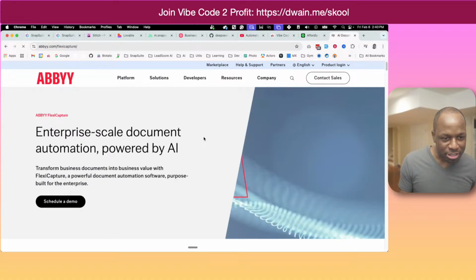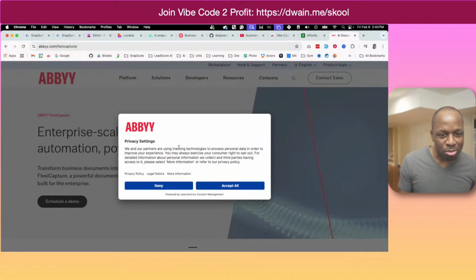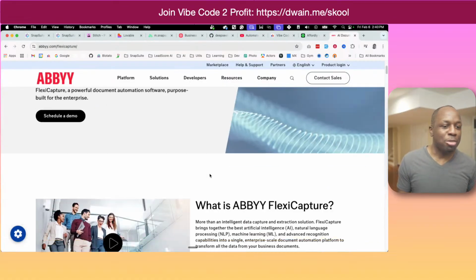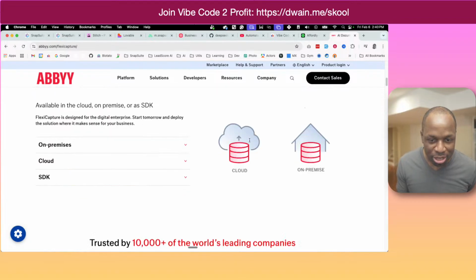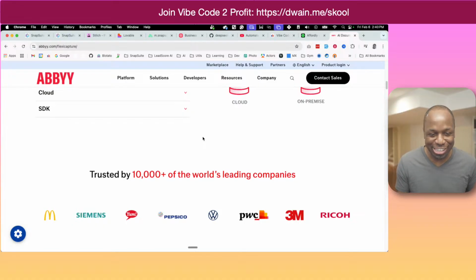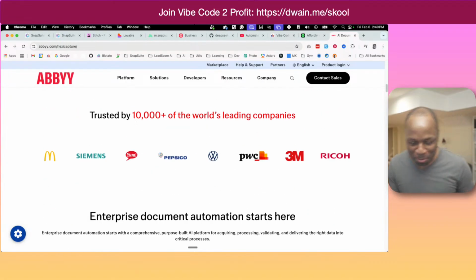Enterprise-scale document automation powered by AI. Okay. Intelligence, machine learning, capture. Yeah, this sounds like a headache. Yeah, pretty certain it is.